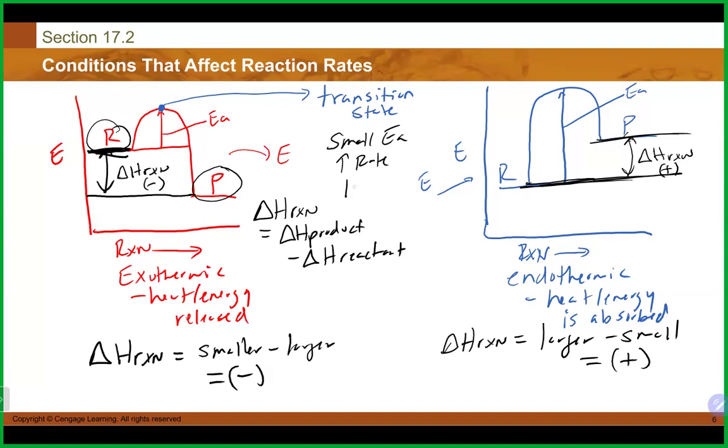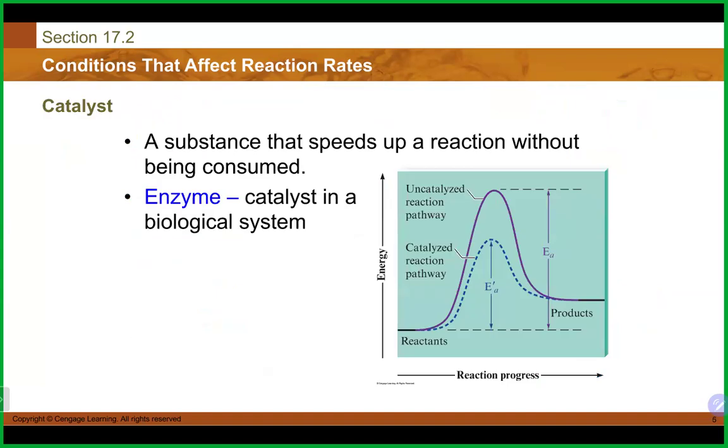If you have a larger activation energy, your rate probably will be a little bit slower, because there's going to be a smaller amount of reactant molecules that have enough energy to get to the other side. One of the ways that you can increase the rate of a reaction is to, for example, add a catalyst to a reaction. And a reminder that a catalyst is not a reactant, it is not a product, and it does not get used up